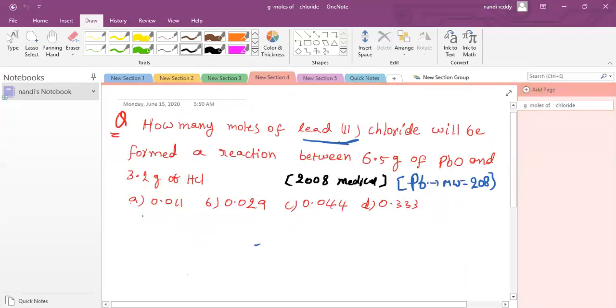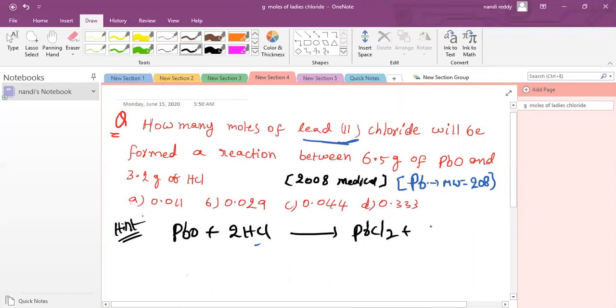This is also from the previous question. You can see here, whatever they have given in the first question, read it, then write the required equation. In this case, they have given lead 2 chloride, meaning Pb in the plus 2 state, and they are reacting PbO and HCl. First, I am writing the equation, doesn't matter what they gave: PbO plus 2HCl. What will you get? PbCl2 plus H2O. Number of moles you can write according to the equation.